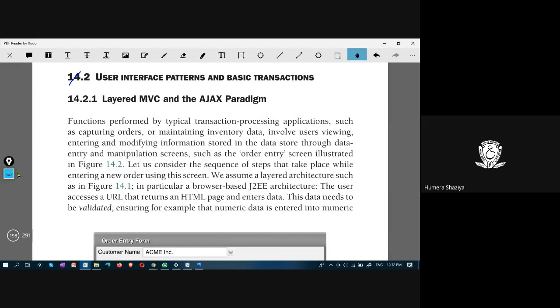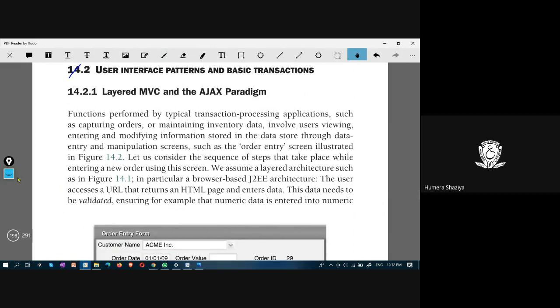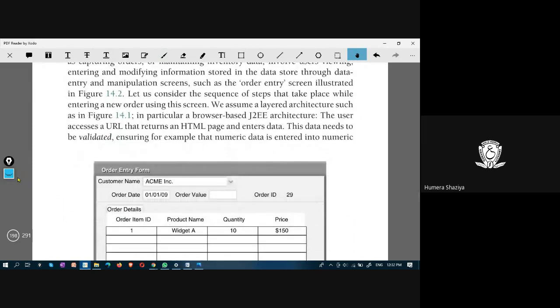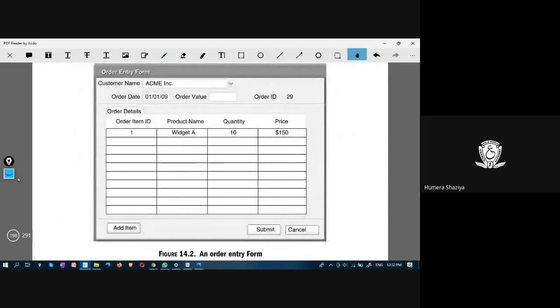And in that, there would be user interface patterns and basic transactions. You can have layered MVC, that is model view controller, and this Ajax paradigm. All right, in this, you see, this is the user interface. This user interface here depicts an order entry form.